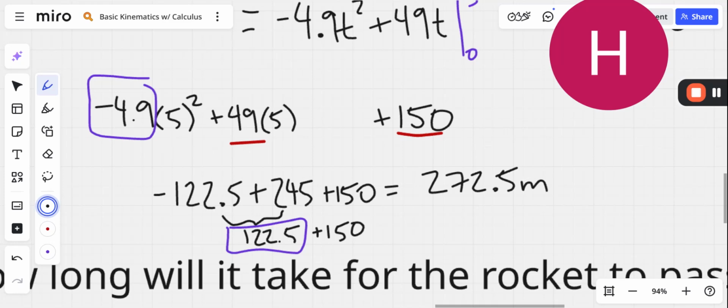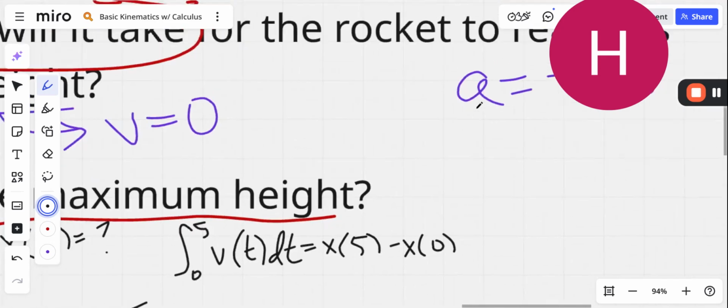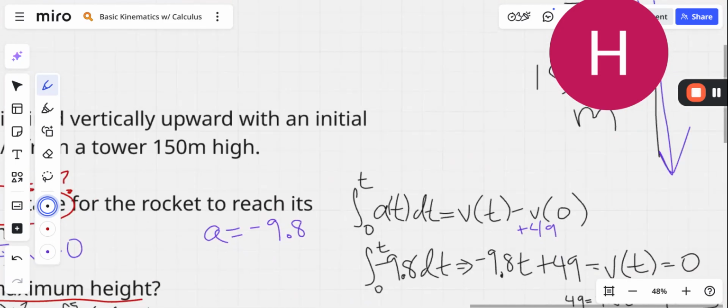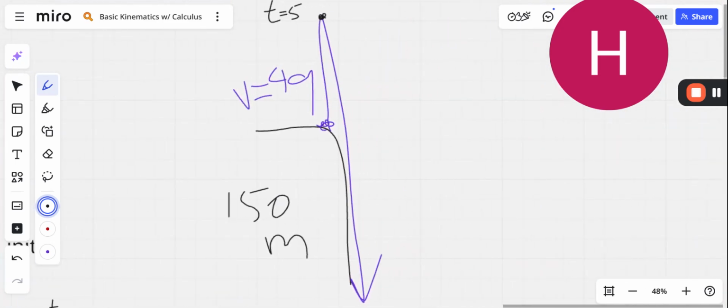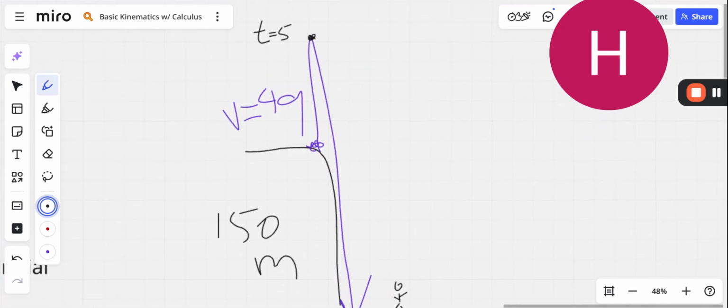272.5 meters. So if someone were just on the ground, not on the platform, and they saw this rocket get launched, where's the diagram? Like if someone was on the ground here, hello, they would see this being 272.5 meters up. Okay,